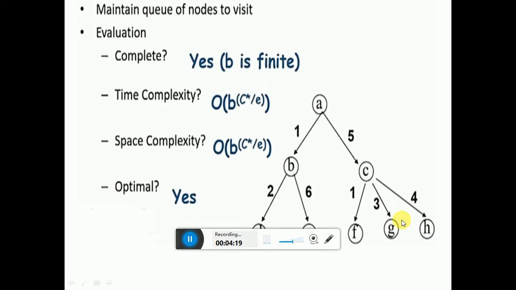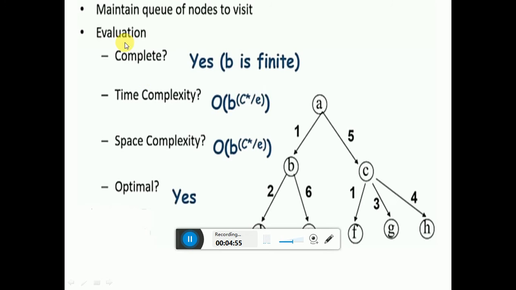This is what? This uniform cost means what? Search the lowest node first and find out the goal state. If suppose the goal state is G, then you search from A to B, expand B, then expand D, then expand C, then expand E, then expand F, then expand G. This is the goal state and you will reach to the goal state G.